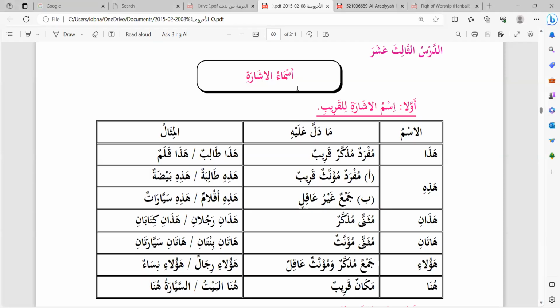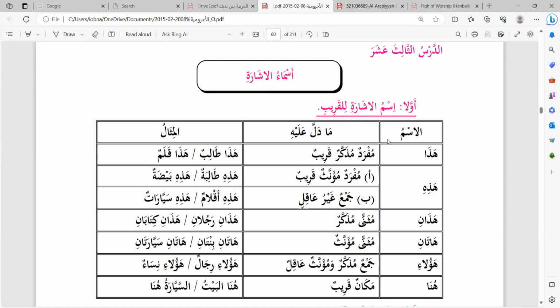Okay. أسماء الإشارة, I'm not going to translate this one. إشارة is just to indicate. So the names of indication, the literal translation. So أولا اسم الإشارة للقريب. Firstly, first and foremost, اسم الإشارة